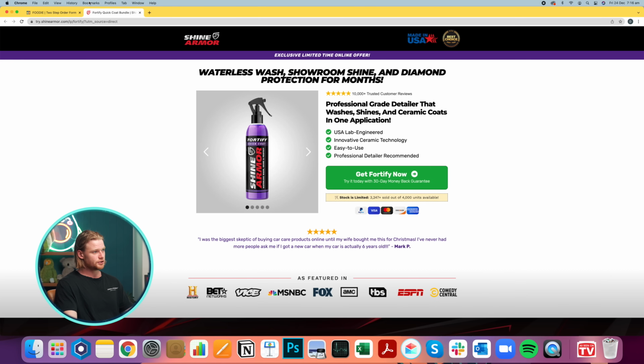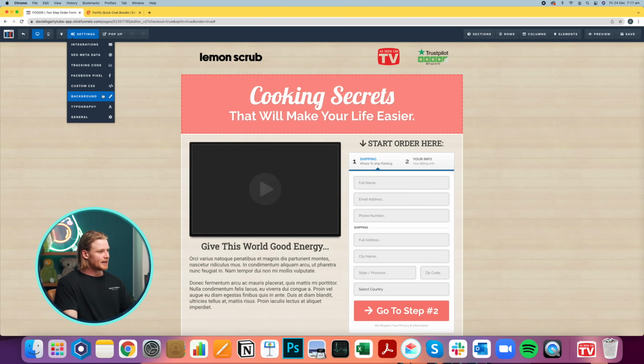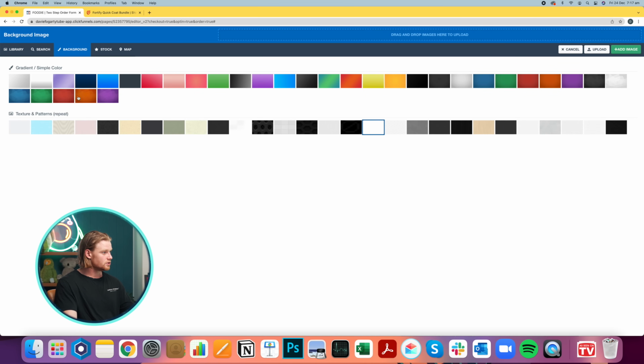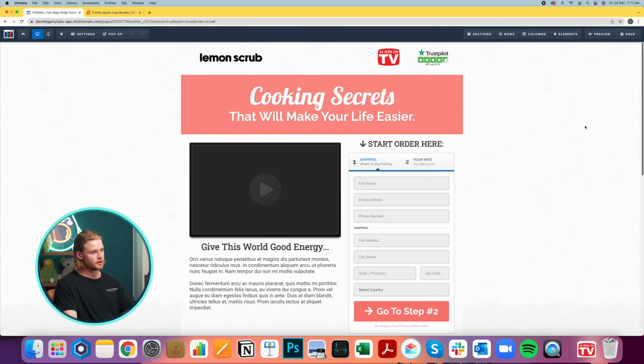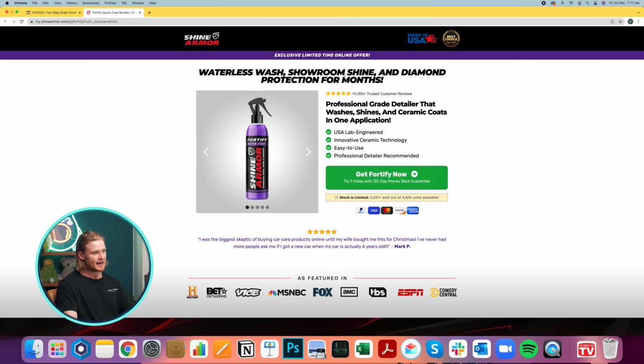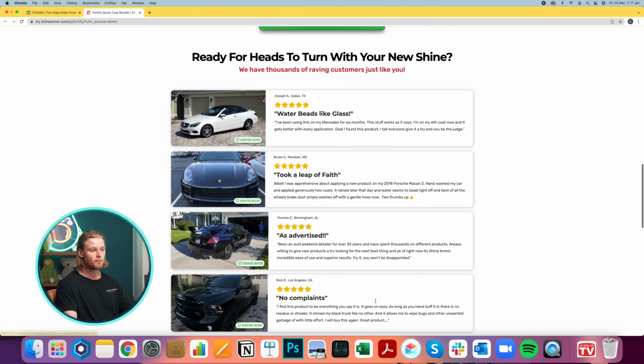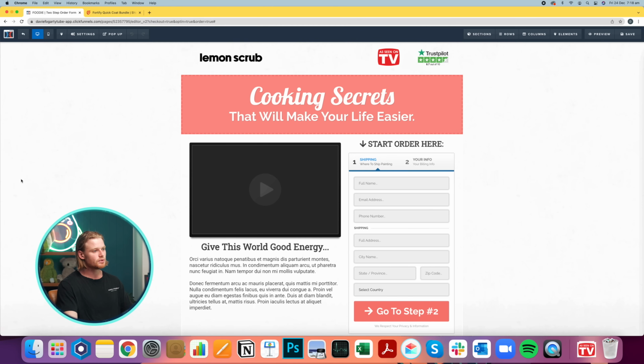Now, one thing you might want to do is actually use backgrounds to really make things pop. So we can come up here and we can actually change the background of the page. Right now it's this image that was part of it, but we can come into backgrounds. We can just use a standard gradient like so, and it will tidy things up a little bit. If we were to continue just working down this page, editing things, and adding sections, you could create this whole page within ClickFunnels.